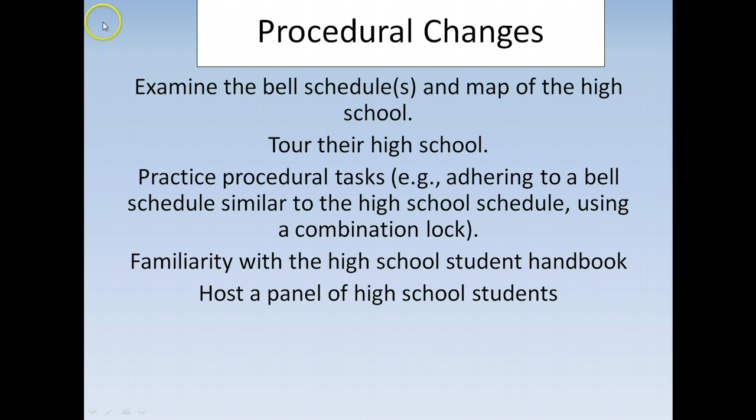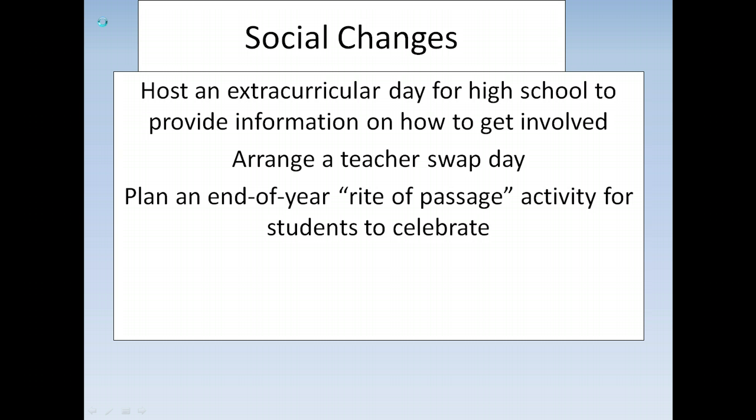Apart from the procedural changes, of course, we know that adolescents are highly social animals, and so these transitions can be equally, if not more, stressful for them as they transition to high school. Social changes primarily center on peer and teacher relationships, along with extracurricular involvement. Students are concerned about keeping their middle school friends, making new friends, and establishing positive relationships with their high school